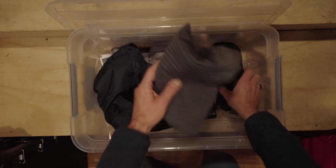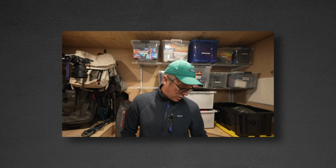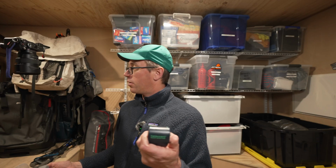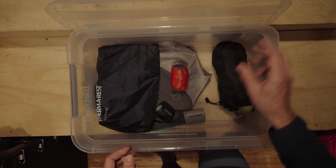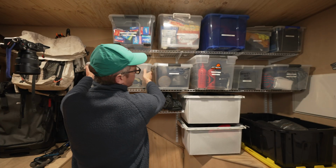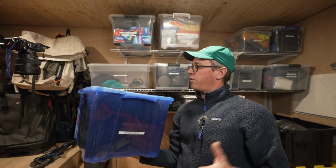Got my pillows in there along with, and this pillow should actually be in my main kit, so that's where that goes, because that's the one I take. And then I've got my things like my pumps, that sort of thing in here, along with some other pillows and sleeping mats. And one other box we haven't looked at is just a generalised spare clothes kit